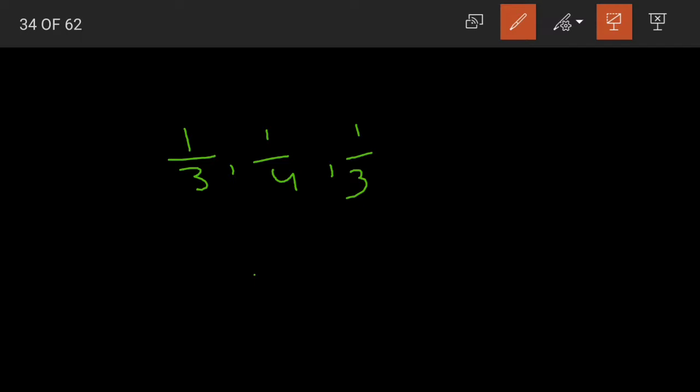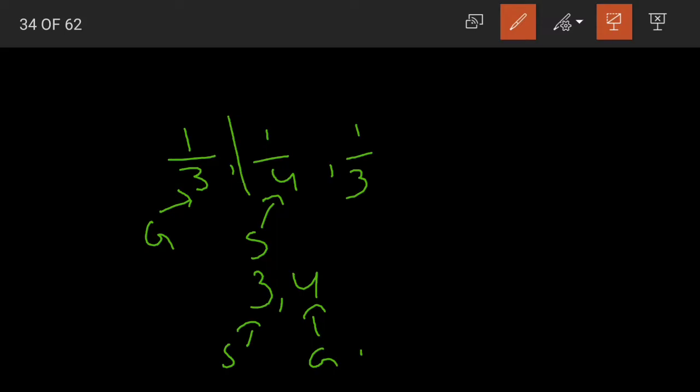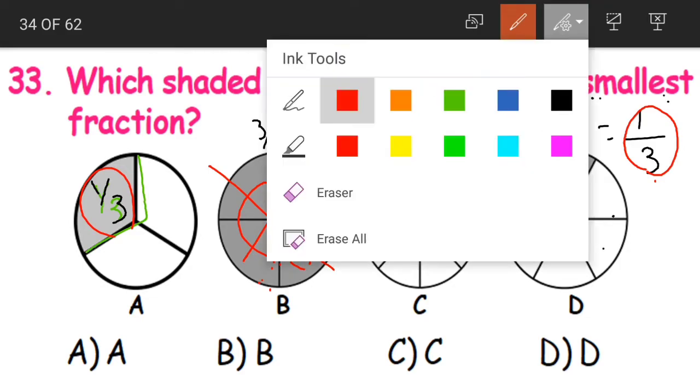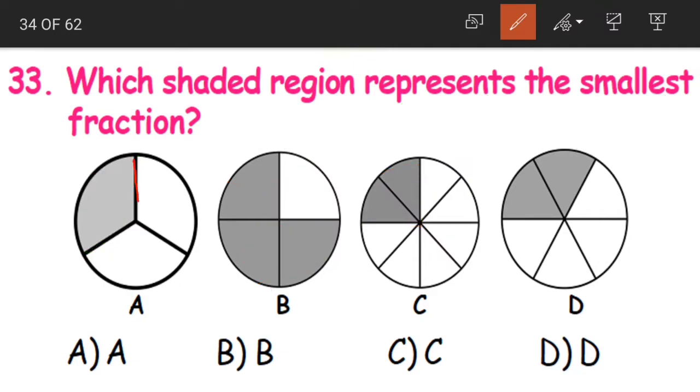Now if you remember what I said about the fractions, if we are writing in numbers 3 and 4, 3 will be the smaller one, 4 will be the greater number. But when it comes to fractions, what did I say? That it becomes the reverse. 3 is the greater number and 4 is the smaller number. I mean 1/4 is the smaller fraction, 1/3 is the greater fraction. So which is the smaller fraction here? 1/4, that is 2/8. Or even if you look at the fraction part here, this is 1/4, right? 1/4 means how much? This part. Here 1/4 means this part.